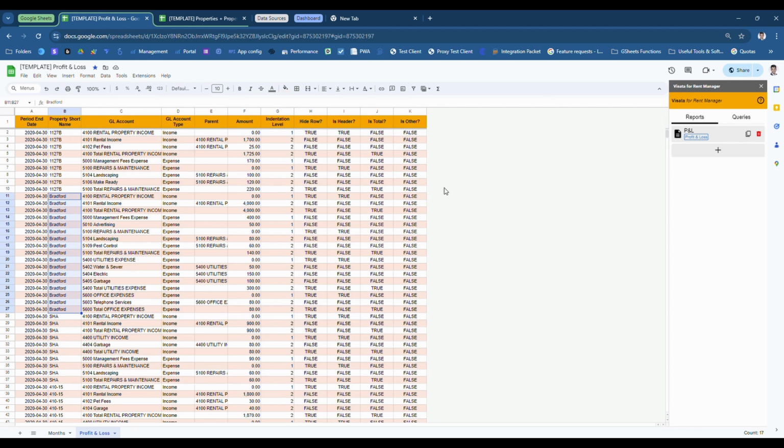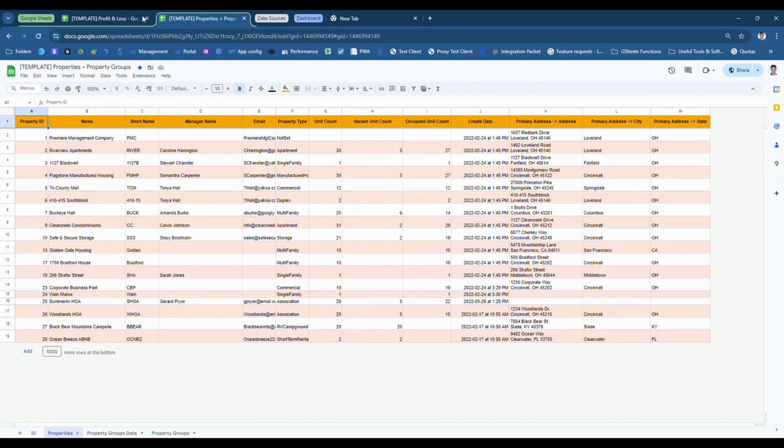And so the idea of pulling in the state, those are all going to be duplicates as well. So what we do instead is we have a separate sheet where we pull in the property information, and then we'll end up doing what's called a join on the dashboard to bring all of the information together into one kind of data source. So this is just going to be the profit and loss data with just this one property column. And then to get the rest of the information, we have another spreadsheet where we pull in two